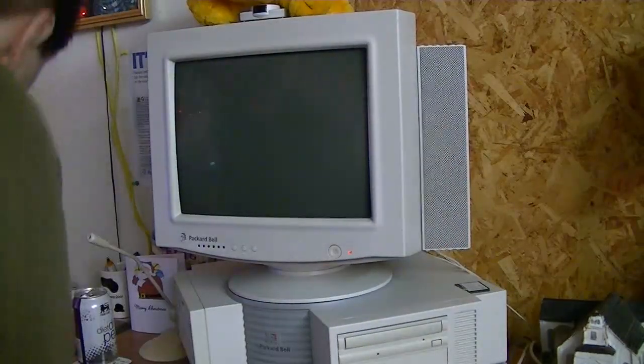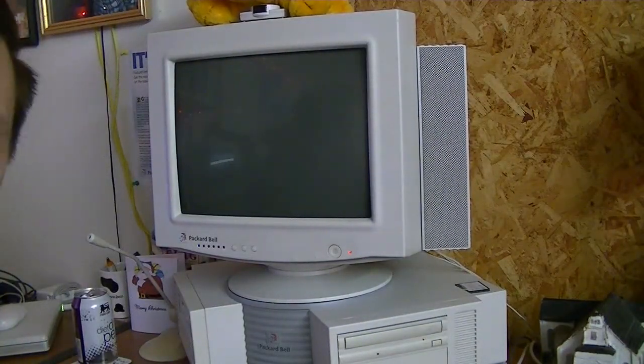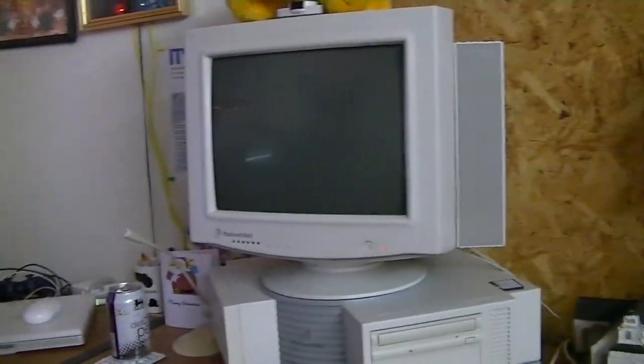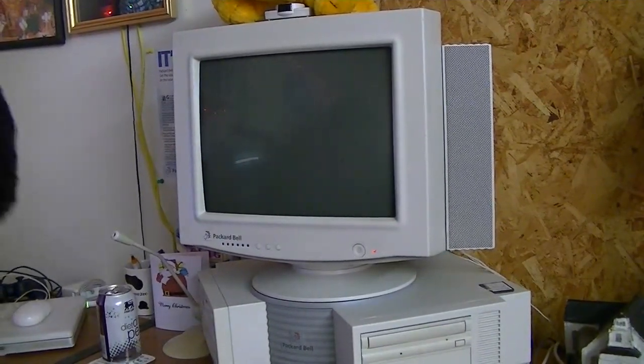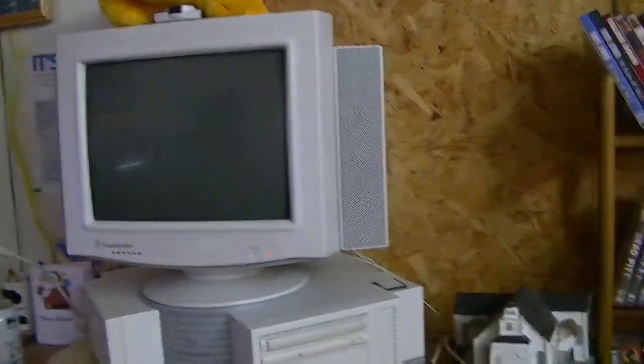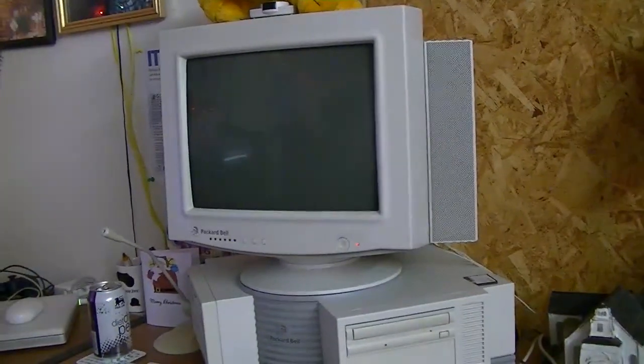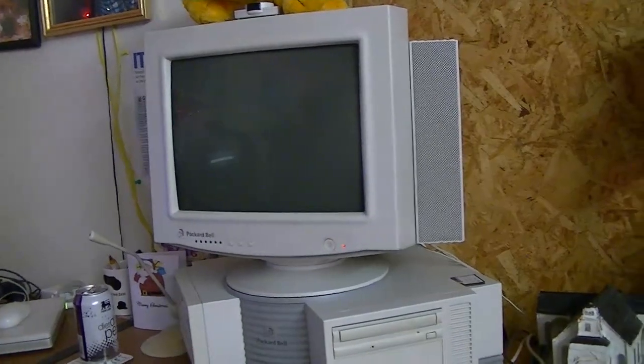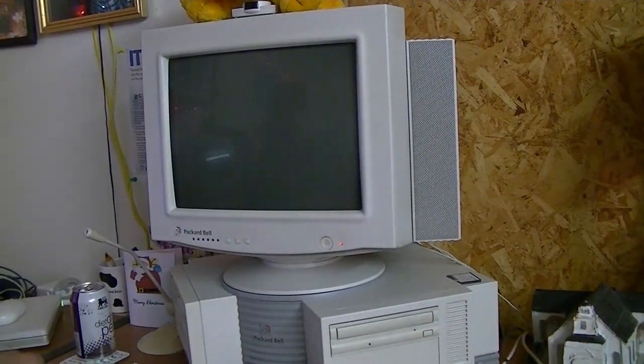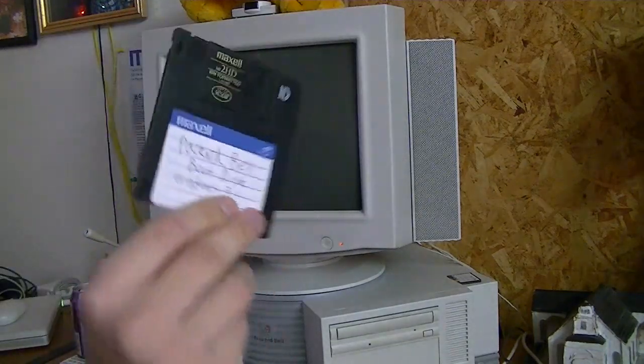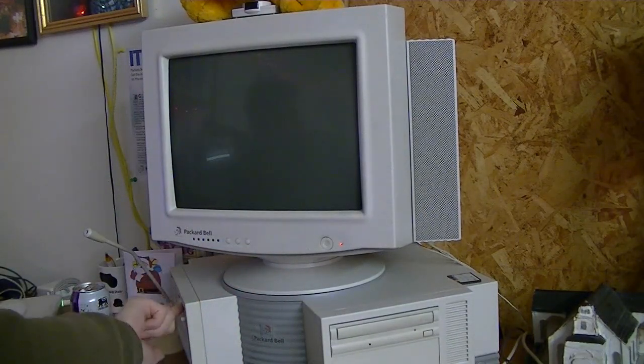Alright. We're still getting a good shot here, kind of. Yeah, it's good enough. Alright, take my Packard Bell 3.1 boot disk, stick it in the floppy drive,